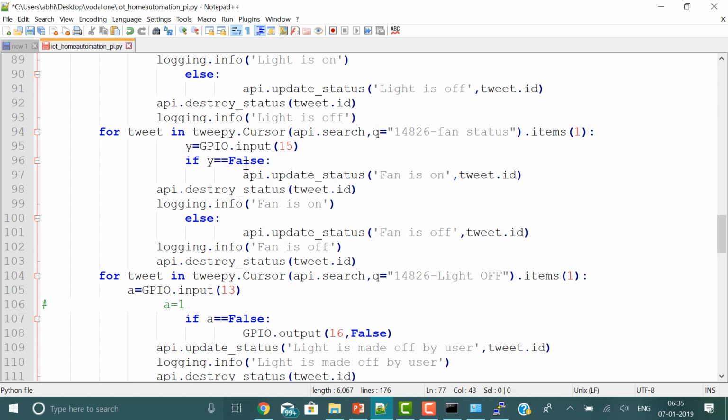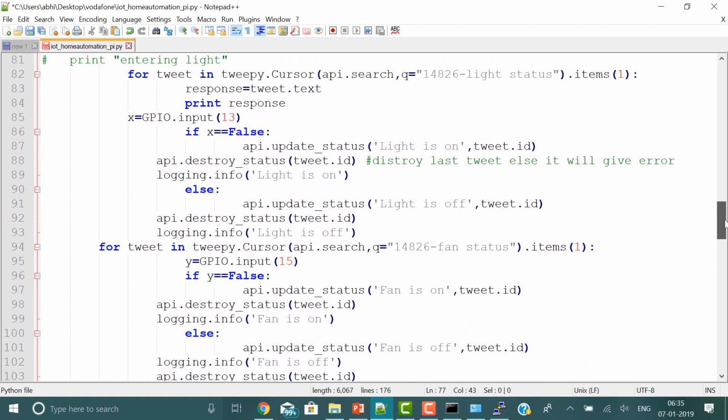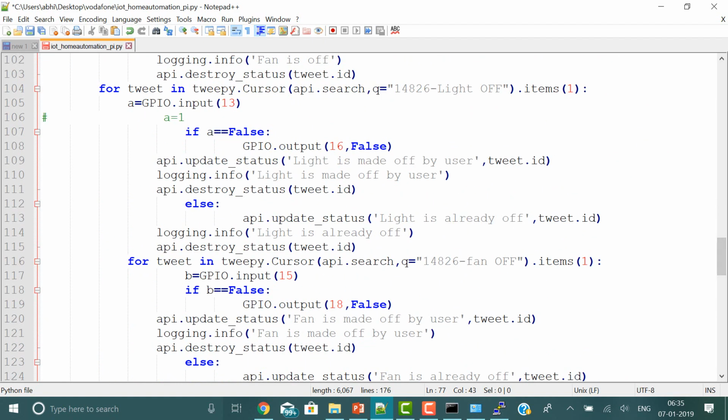False means switch is pressed, so it will say fan is on, destroy the tweet, make a log entry. Else, if it is not so, it will say fan is off, log entry is done, and destroy the tweet. There may be a situation that instead of asking light status, user sends a message